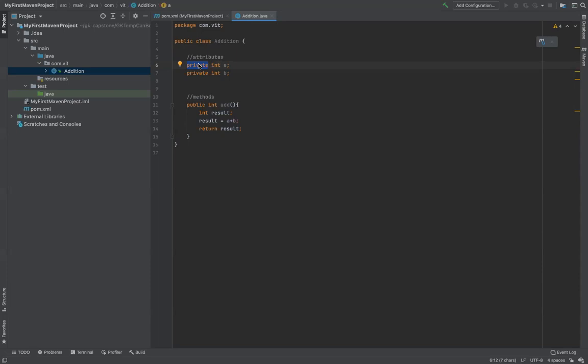Okay, so just create a class, write private int a, private int b, because a class has two things, attributes and methods. First we are creating the attributes a and b. Then we are saying I want to add a and b, and I want to return the result. So this is your method. A method returns an integer. If you don't return anything, you say void. If you are returning something, you say int, right?